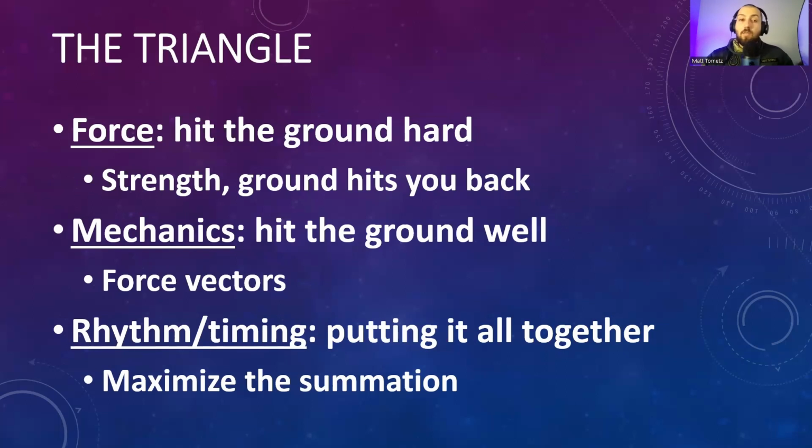Mechanics, you have to hit the ground well, so hit it in the right direction. So this is the force vector. So force is like the magnitude, and mechanics is the direction of the force. But rhythm and timing is putting it all together, maximizing the summation of the foot strike, the ankle, the knee, the hip, the counter rotation of the arms, all of those things coming together and summating into a super high